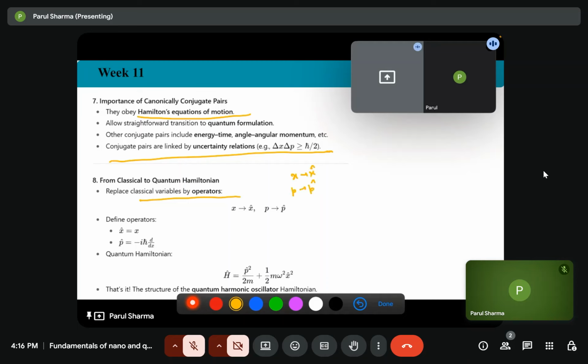Okay. So we define x as x, and p_x as p equals minus iota h cross d by dx. Now we will prove that